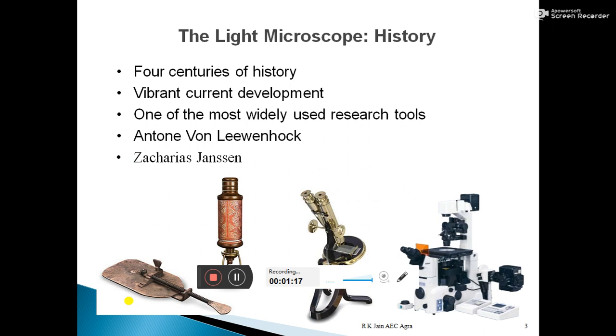Microscope is not a very new instrument. Scientists have been using this instrument for the last 400 years. The first microscope was developed and created by Antony von Leeuwenhoek. That microscope was a very simple microscope and consisted of only a single lens, and the magnification of that lens was only 5 times. After Antony von Leeuwenhoek, Jacques Janssen, another microbiologist, worked a lot, and after his work he created the compound microscope, and today we have very high level microscopes known as the electron microscopes.